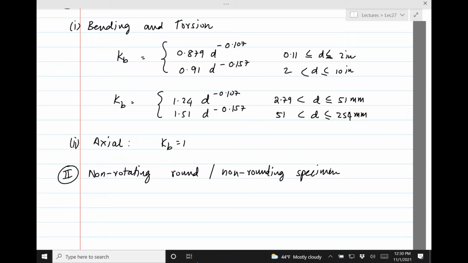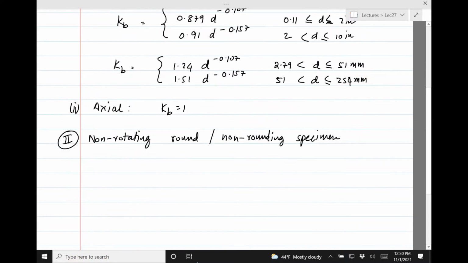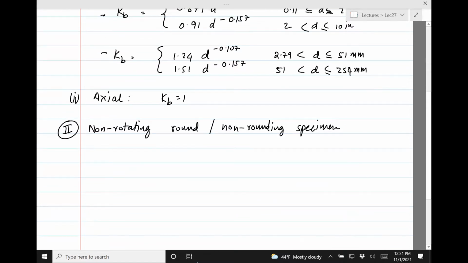So what they do is there's a theory called critical volume theory, and without going too much into detail, I'll just state what the theory says and then show you how to use that theory to find, based on the cross section, an equivalent diameter, and that equivalent diameter will then be used to find KB from these formulas. Okay, so this is how it goes. So there's a critical volume theory which says that